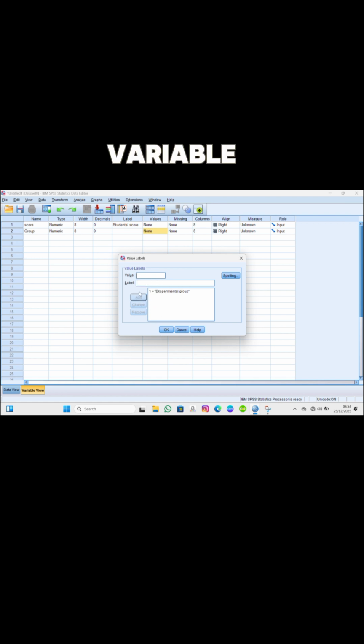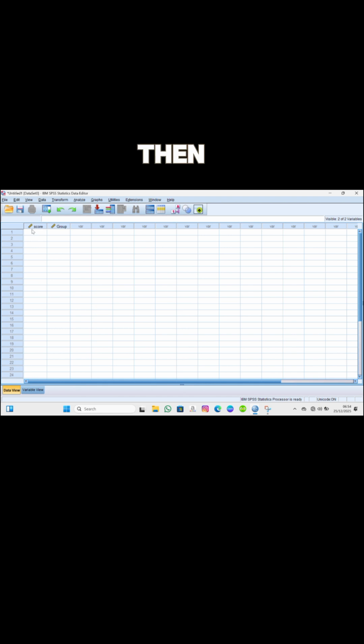First, in the variable view, I created two variables: score for the student scores and group to distinguish between the experiment and control classes. Next, in the values column for the group variable, I labeled 1 for the experimental group and 2 for the control group. After inputting the data, I went to Analyze, then chose Compare Means, and next, Independent Samples T-Test.